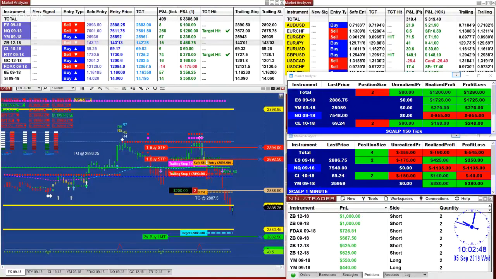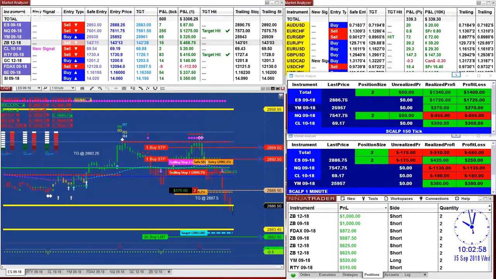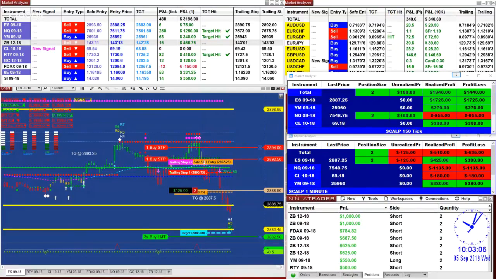Okay, we have lost one trade on the ES, and now we are trying to cover those. What is nice about it is, if you have a bad signal and it failed, the newer signal is going to cover a lost signal immediately. You're not going to be in a lot of trouble with it. This is really the ES right now. We have a new signal on